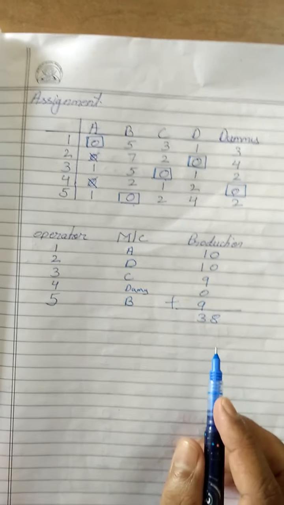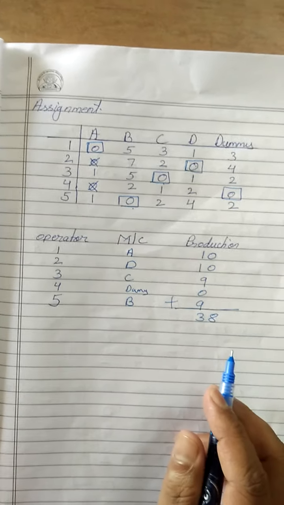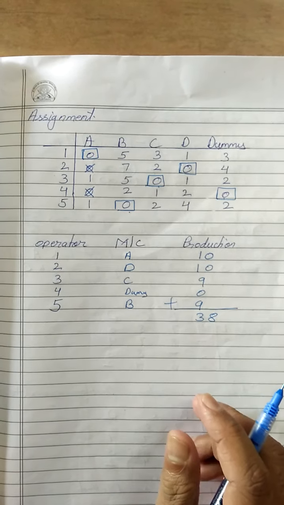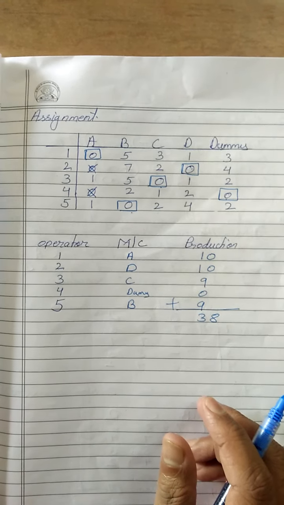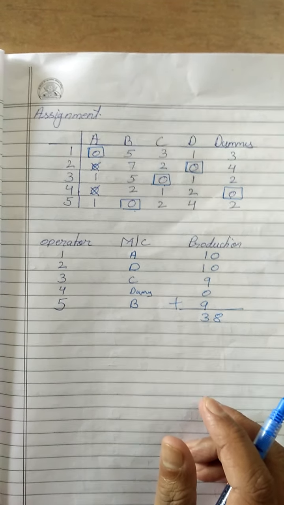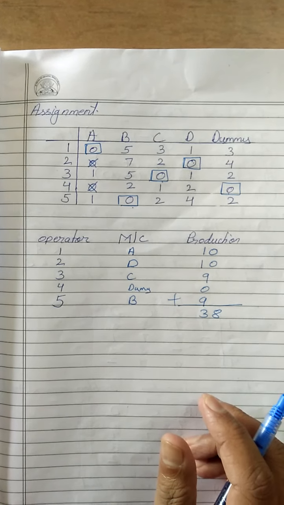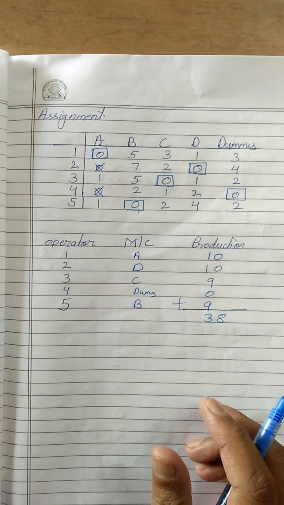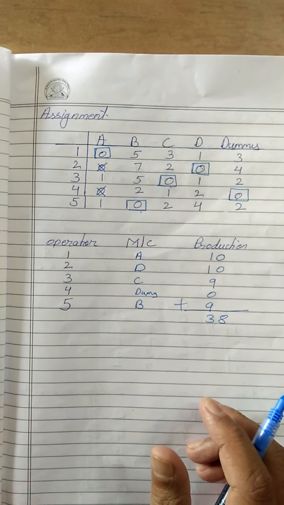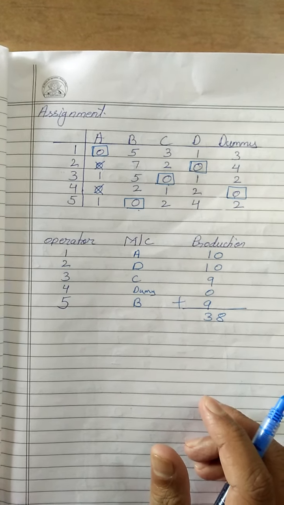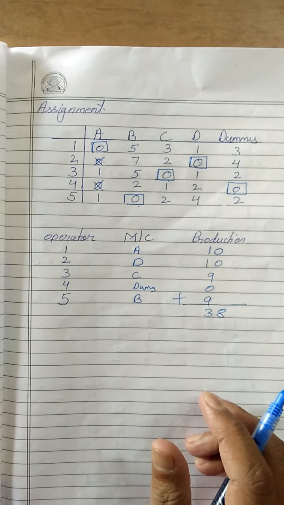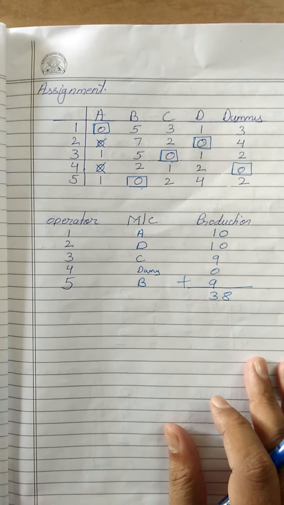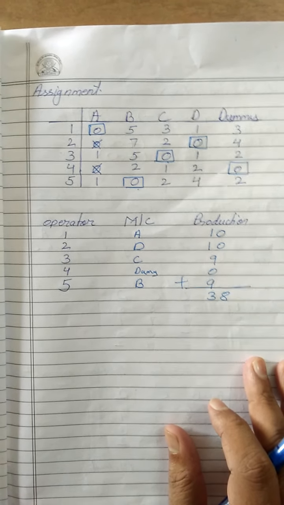So this is how we solve the assignment problem for maximization. The only twist here is to check whether it is balanced or unbalanced, make it balanced, and then convert it into a minimization problem, because we are used to solving minimization problems. How to convert? Select the maximum element from the matrix, for example 11, and subtract all other elements from that value. Use this new matrix and solve as per the Hungarian method. This is how we solve the maximization problem.